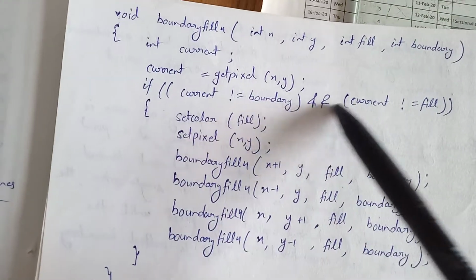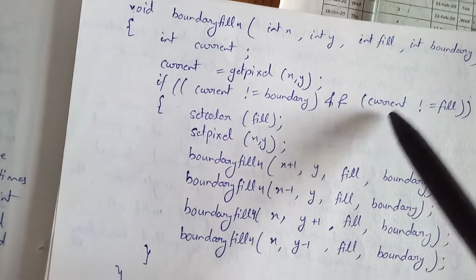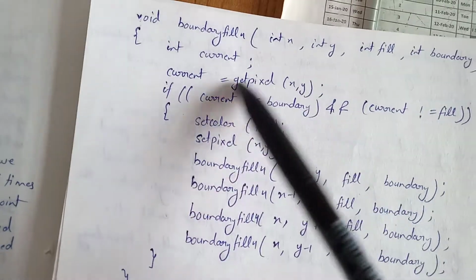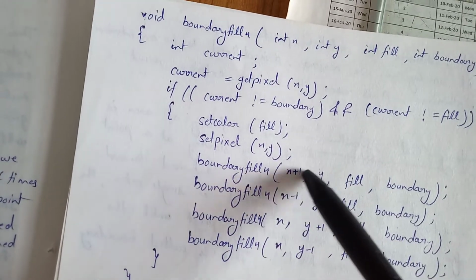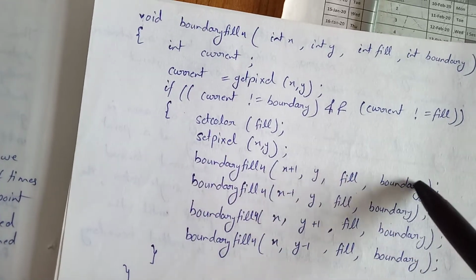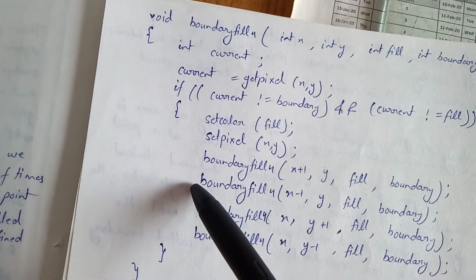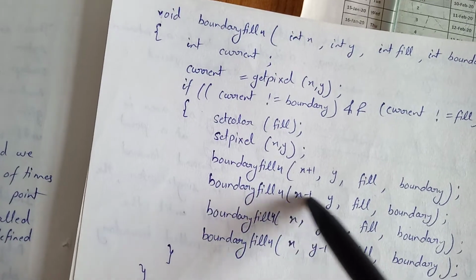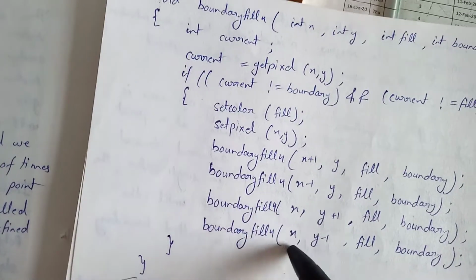Again it will match the right side point. If this is not matched with the boundary and not matched with the filled color, then again put this pixel, and so on. It will proceed till the boundary point of the right side. Each and every pixel will be filled by this method. When you get the right side boundary, now it will return back to the next line. Now it will cover the left side until we reach the left side boundary. When this is covered, then it will go in the topmost direction, and then finally it will go on.